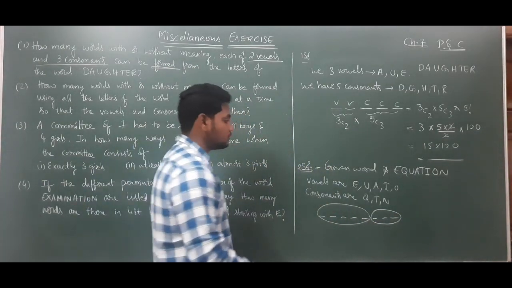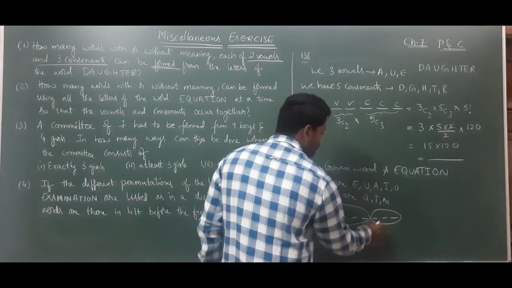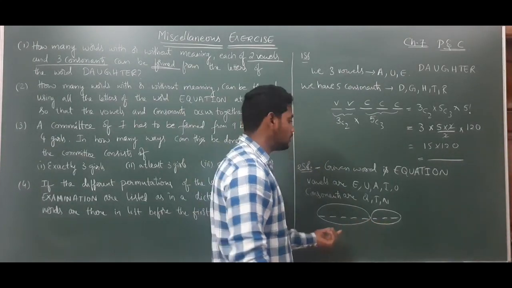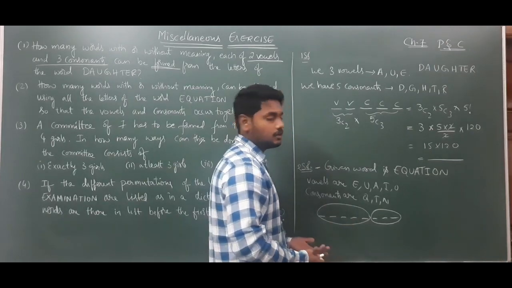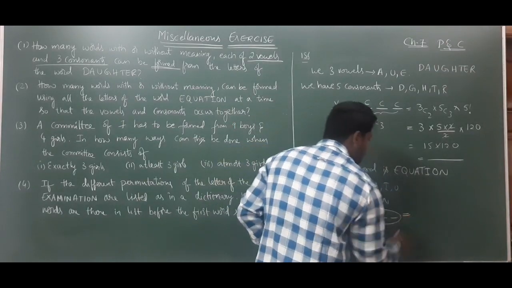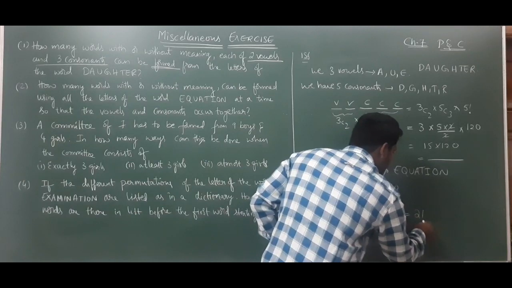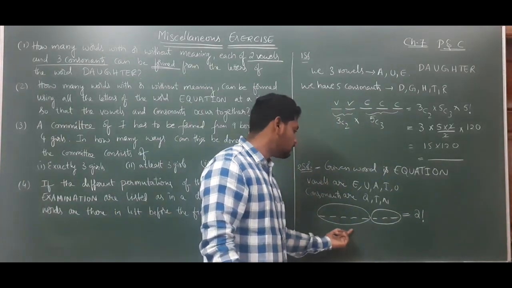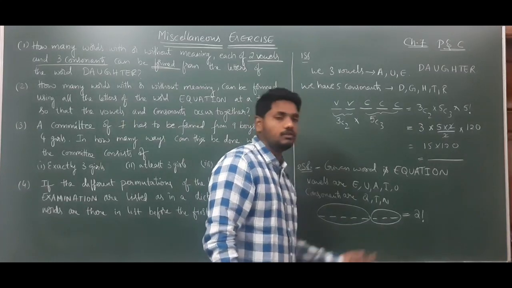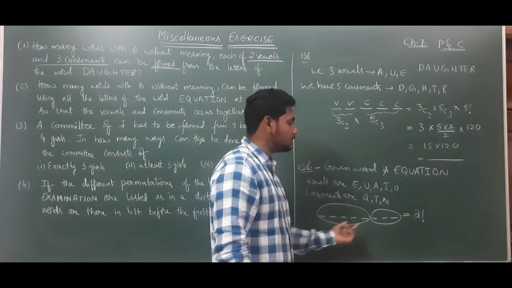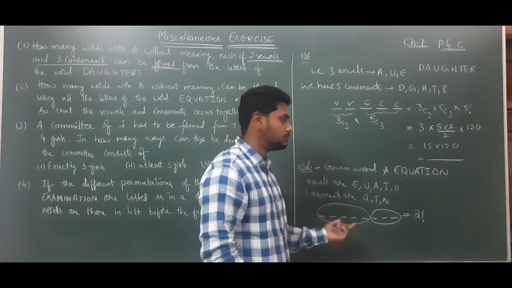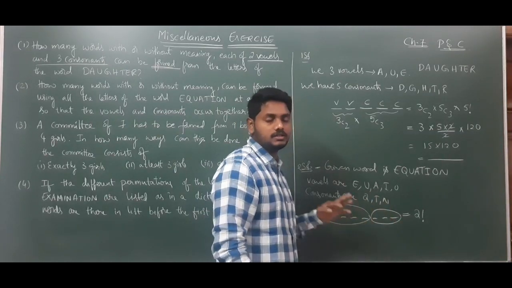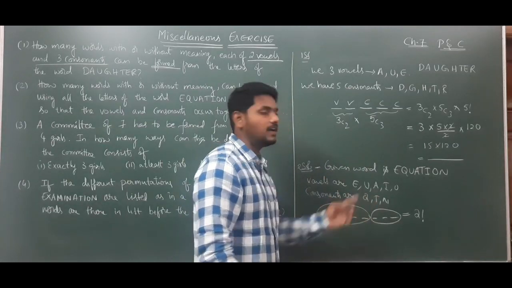Like this. So we will consider this as 1 and 2. So this is one place and this is one place. So totally how many places? 2 places. 2 places can be filled in how many ways? 2 factorial ways, right? So those should occur together. So this is consonants and this is vowels. So 2 places can be filled in 2 factorial ways. That means here consonants, here vowels, or here vowels, here consonants. So in 2 ways, so 2 factorial ways.